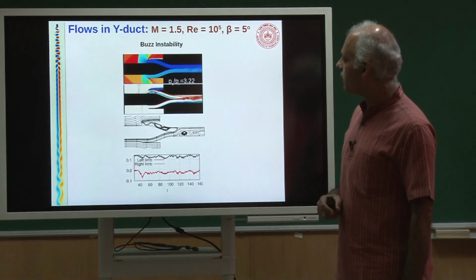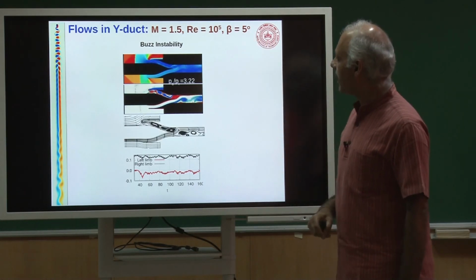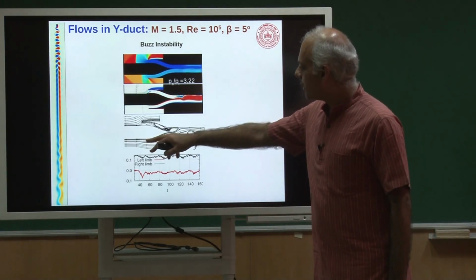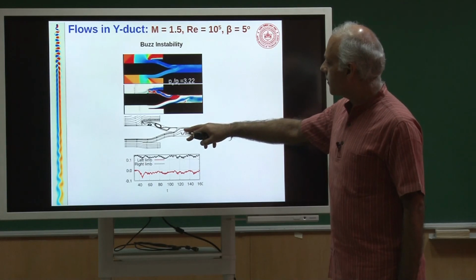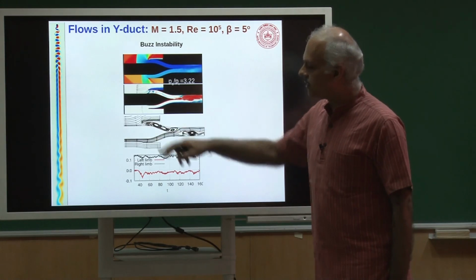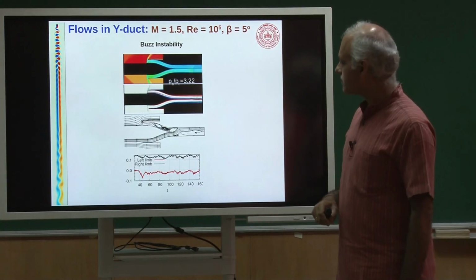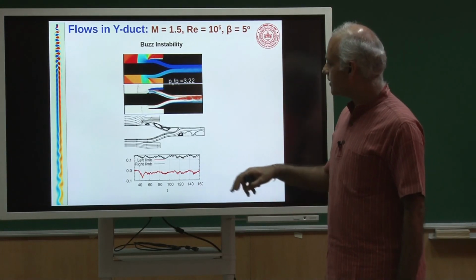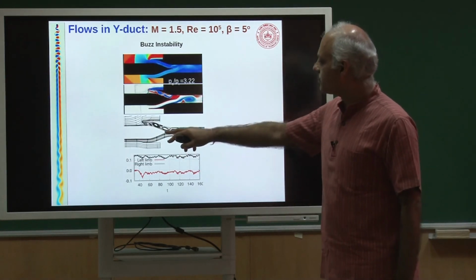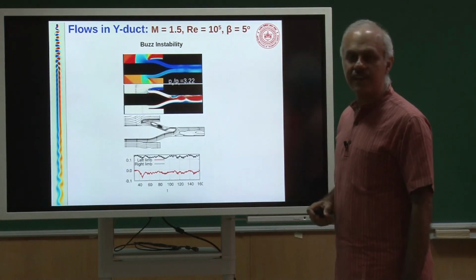Here is an example of buzz instability, where the side slip angle is 5 degrees, and what you will notice is that through the lower limb the flow goes in, but then it kind of separates and it actually goes upstream and flows over the cowl on the upper limb. So, this is a situation where you get positive mass flow rate in one of the limbs, and in fact a negative mass flow rate through the other limb, and that is a complete disaster. So, you do not want that.